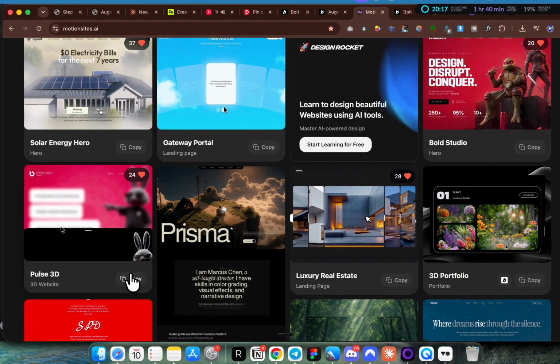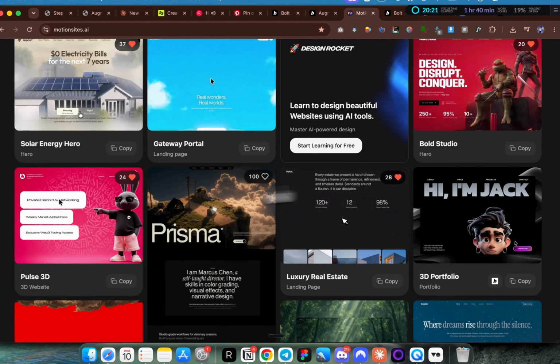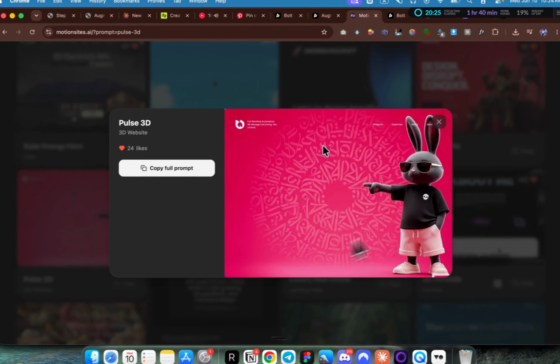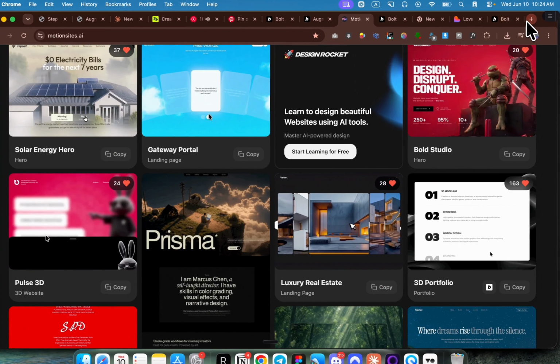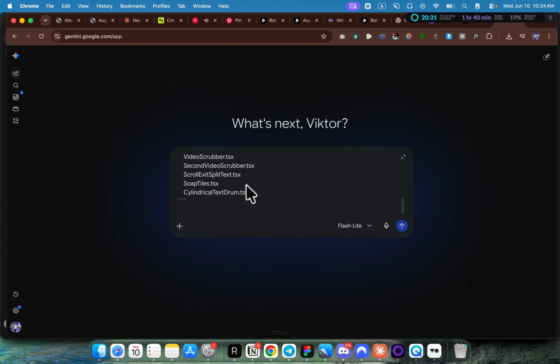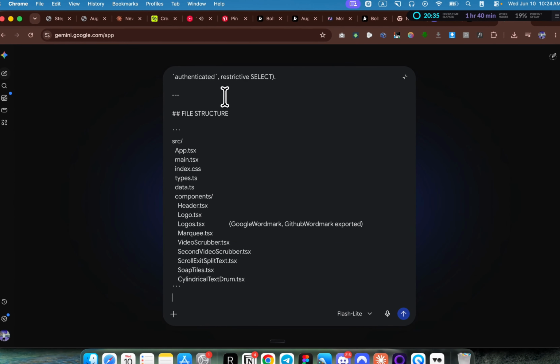Not necessarily the video, because we're going to be doing that. I like this text reveal effect that this hero section has. As you can see, once I open this and scroll down, the text goes down. So that's pretty cool, but we need to strip away a lot of stuff. I'm going to paste this whole prompt here, and I'm going to say